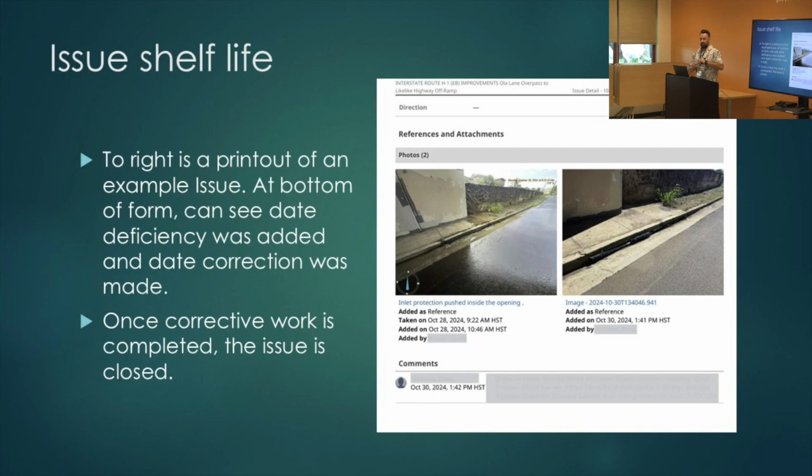The reason I wanted to show you this is there is actually a report that we're trying to work on, a way to help streamline some of these processes, and we think that through the issues module, this might be where we're able to do this. It's a work in progress, but you can see here, this is actually a printout of a report